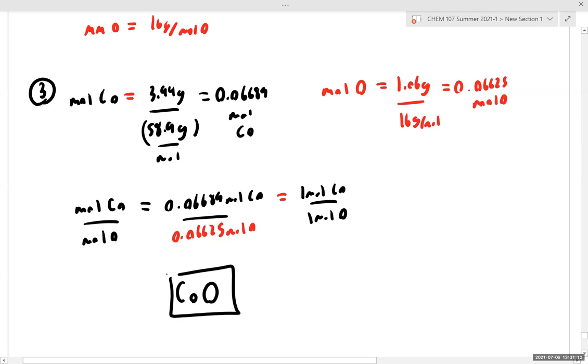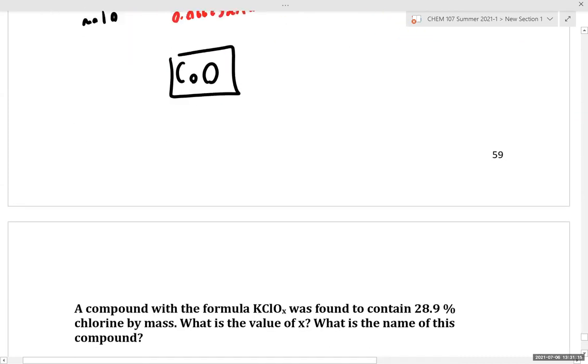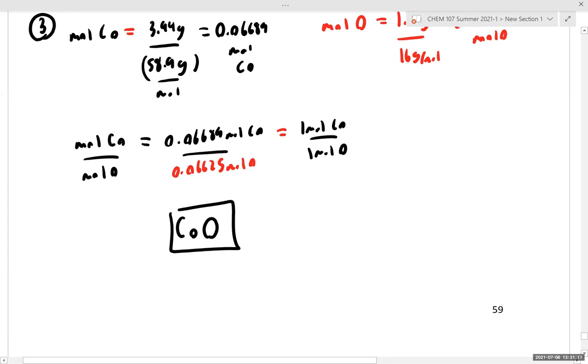So, any questions on empirical formula calculations and molecular calculations, as well as metal combustion analysis? Is this process making a little bit more sense now that we've done a fair number of examples? Is everyone feeling confident that they can calculate the empirical and molecular formula? So if we don't have any other questions, what we'll do is we'll arc